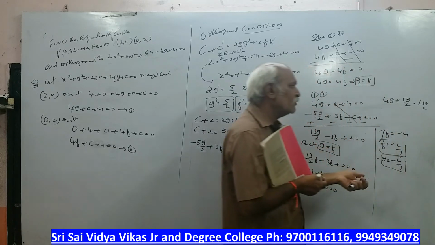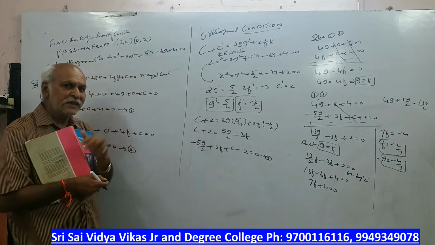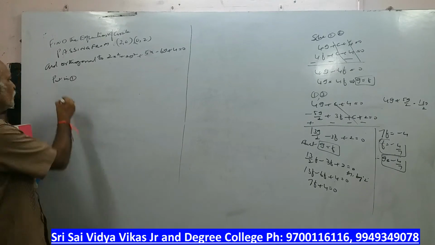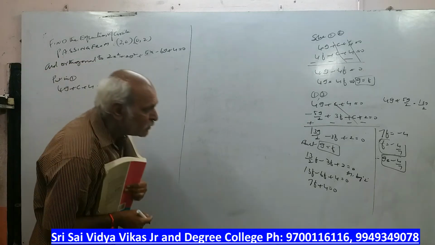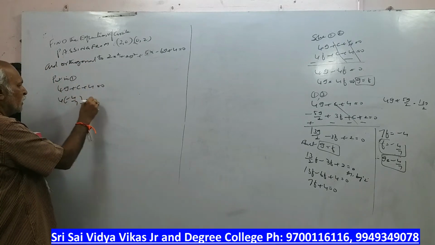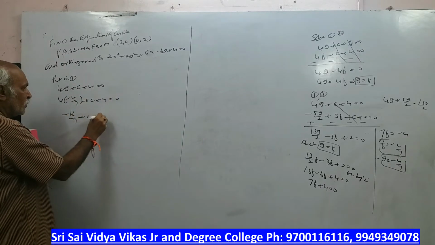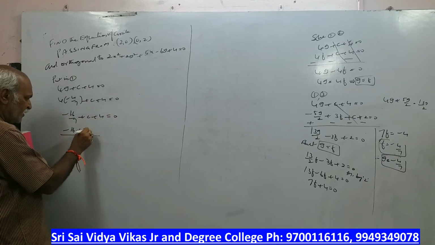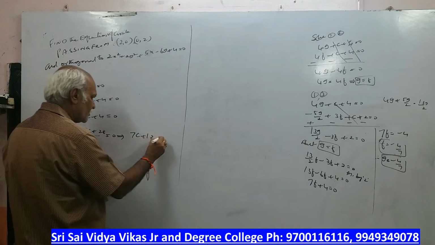Now, we got g value, f value. We have to find c value. Okay, please note down up to here. Every time we are getting 3 conditions, right? We will put in the first equation. What is the first equation? 4g plus c plus 4. What is g value we got? g and f are same. So, minus 4 by 7, plus c plus 4 is equal to 0. LCM is 7. Minus 16 plus 7c plus 28 is equal to 0. 7c plus 12 is equal to 0.